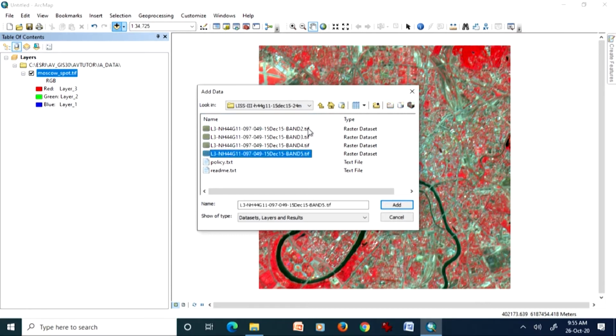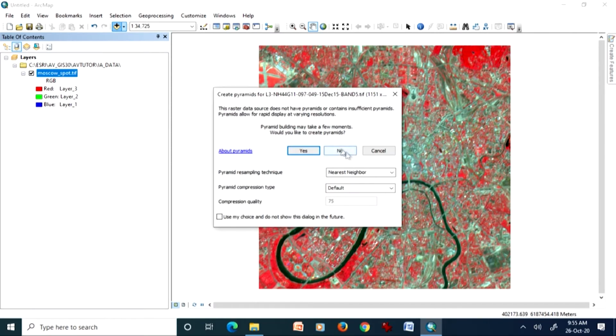If I bring all bands together, let us see what happens. This part I have already discussed, that is, creating pyramids, which makes the display faster. Whenever any image, grid or raster is displayed in the system for the first time, it will always ask to create a pyramid.